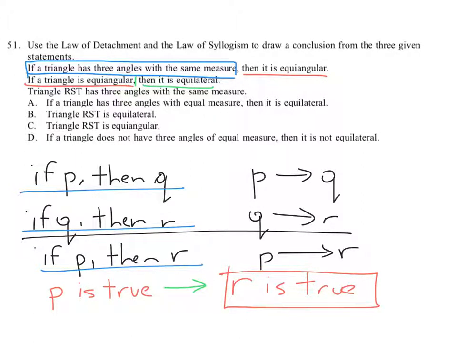We've used this law of syllogism down here to say, now we have a new conditional statement. If the first part, if a triangle has three angles with the same measure, then we have this part down here, then it is equilateral. Okay? Now, the last thing we need to apply the law of detachment is to find out that the conditional in blue, this part,